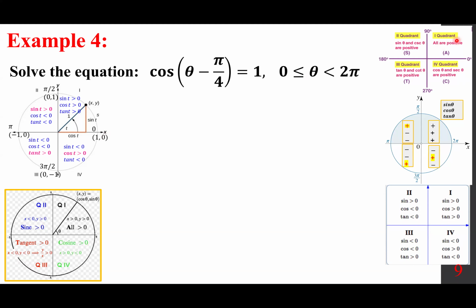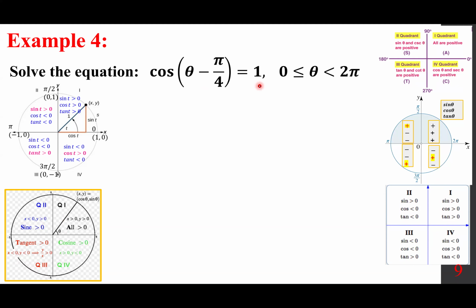For example, this one, quadrant 1, all positive. Quadrant 2, sine and therefore cosecant is positive. Quadrant 3, tangent, therefore cotangent is also positive. Quadrant 4, cosine, therefore secant is positive. Or you go this route, you write it. Whatever makes it easier to remember, more power to you. So having said that,